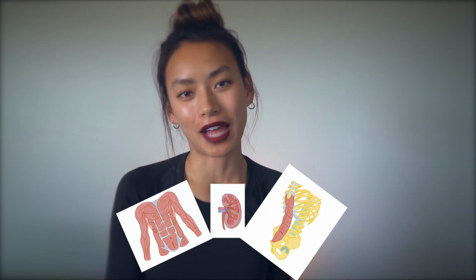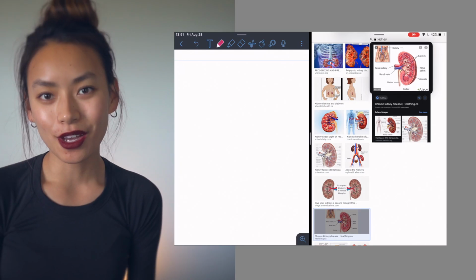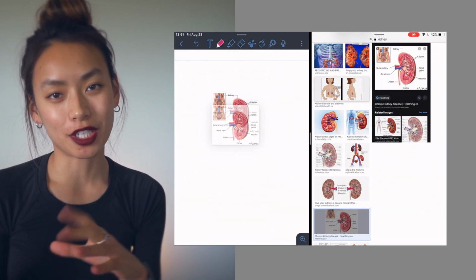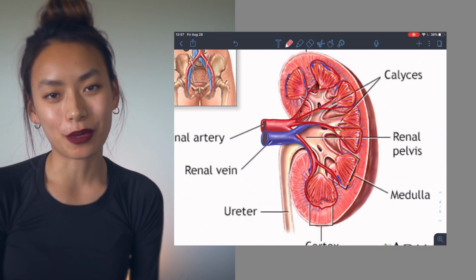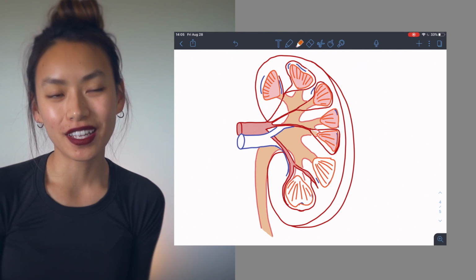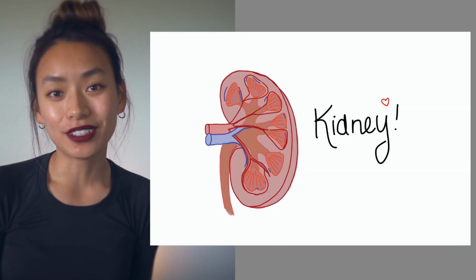Tip number 3, if you want to make beautiful aesthetic diagrams but you lack the time or artistic skill, one thing you can do is drag the image into your note document, outline it with a pen, and fill it in with the highlighter tool, and no one will be the wiser. In doing this process, you will also familiarize yourself a bit with the diagram, as well as learn some spatial relationships. Okay, so to do this image thing, what you want to do is open Notability or your note-taking app,